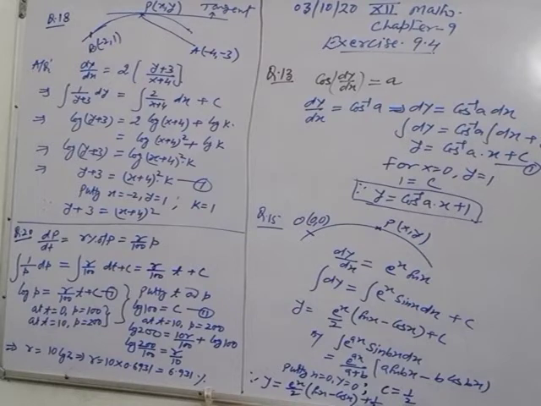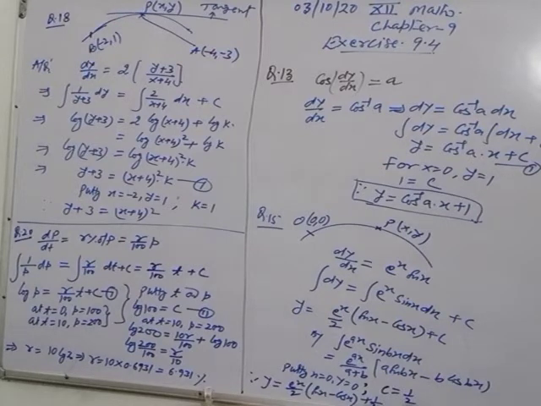So for the value of k, here given, the curve passes through the point minus 2, 1. Putting this point and determining k, you will get k is 1, and putting in the equation first, you will get the required equation, that is the particular solution when you put the value of k. So the general solution becomes the particular solution, that is y plus 3 is equal to x plus 4 squared. Now see some more problems, word problems are given. Similarly you can do. See one of them, word problem, question number 20.